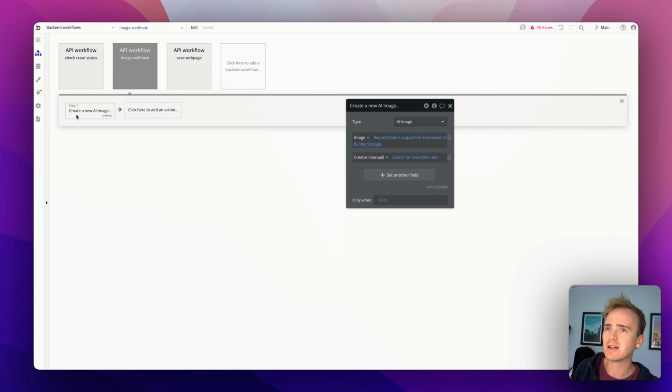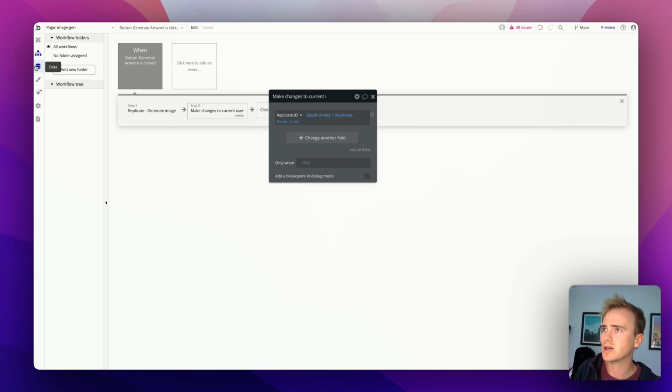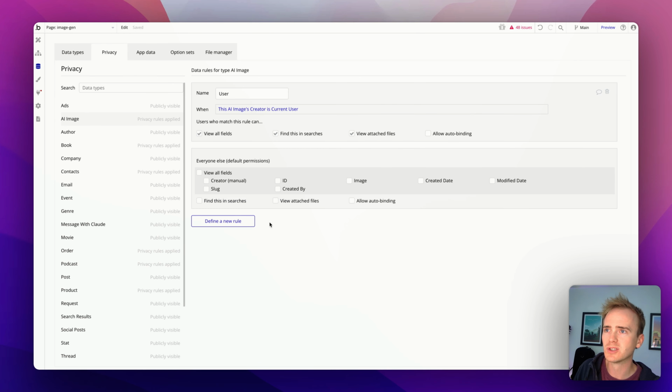But our backend workflow now creates it. The last thing we need to do is to match this up with our privacy rules. So if we go back into data, privacy, AI image, we can add onto here that either it's created, which would be the case if we ever created them in the front end, or where this image creator manual is current user. And so that way we're saying it's either if the creator field is current user or if the manual field is current user. So there are my two ways of dealing with storing data that comes in through a webhook,